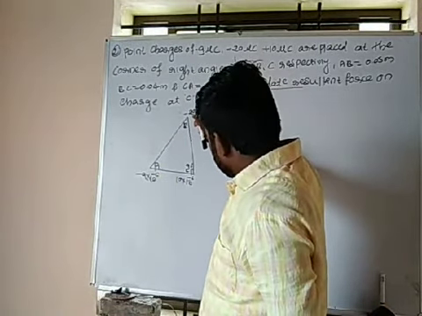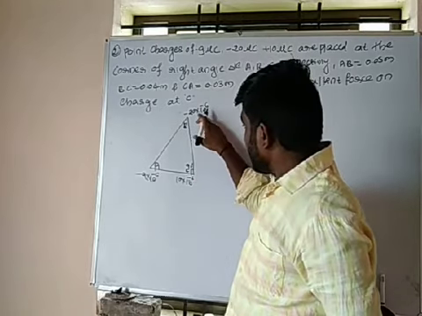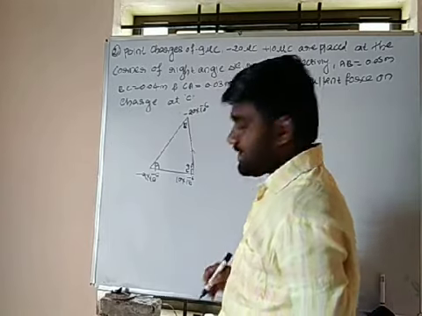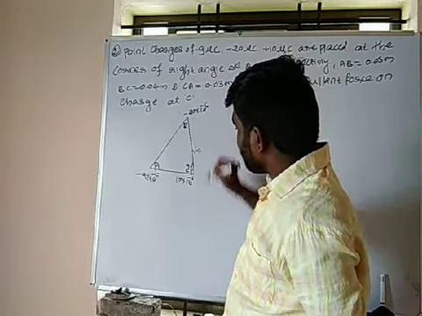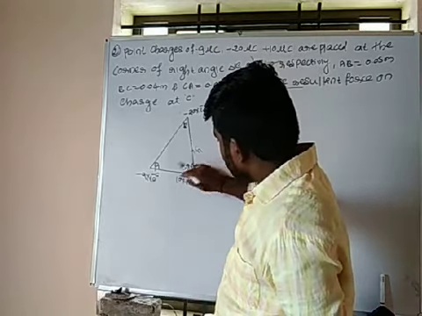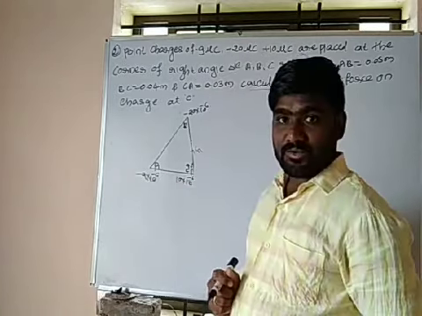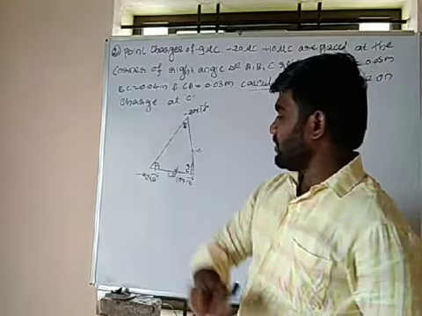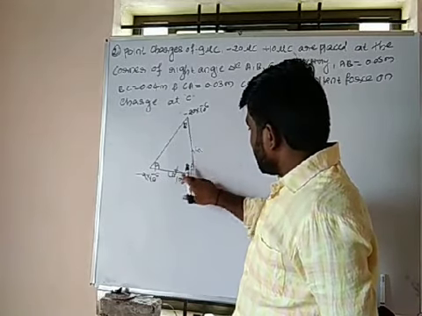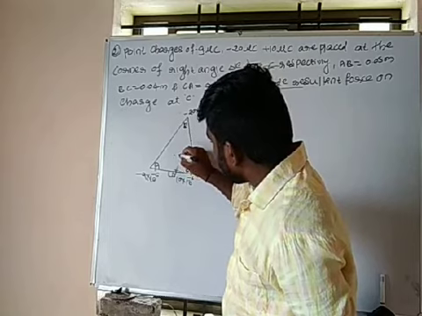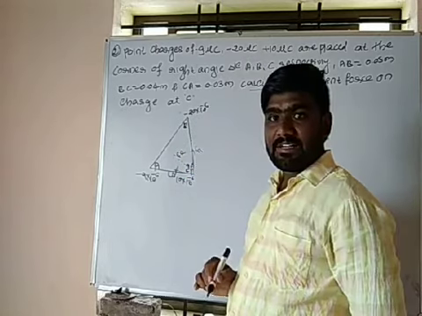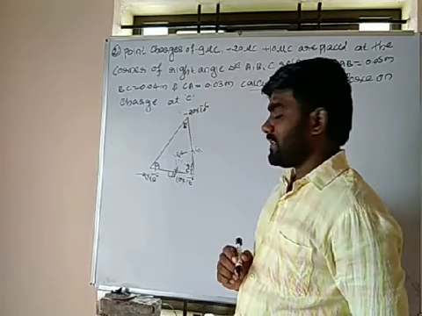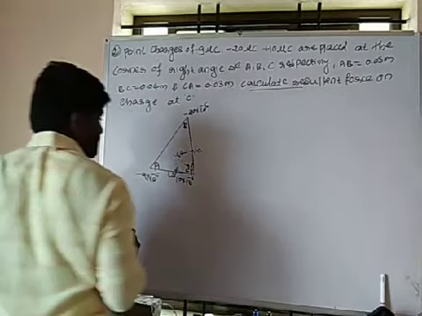See here. It is a negative charge and this will be a positive charge. Negative, positive, so this point charge tries to attract with this. It will be your F1. Then it is a negative and it is a positive, so this point charge tries to attract with this. It will be your F2. Then what is the angle between these two? At this point I want to calculate F of resultant. Then find F1 first.